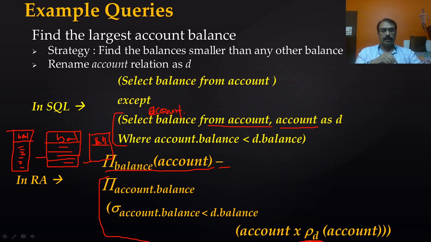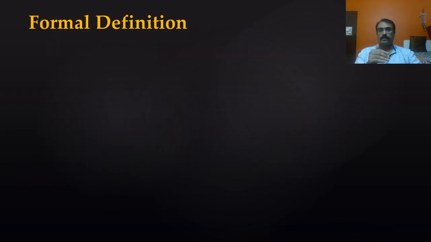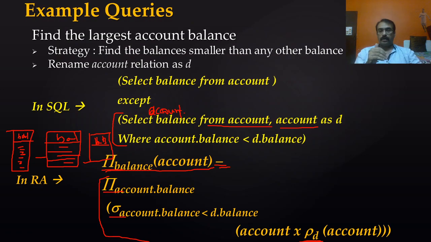So here we have used a rename operation, the sigma operation, the pi operation, the minus operation, and nested patterns also. We have performed the Cartesian product also. Thus we can form a composite query. We can have a composite expression which includes all the possible operations from relational algebra. So this way we can write several queries, and many more queries are there to form.